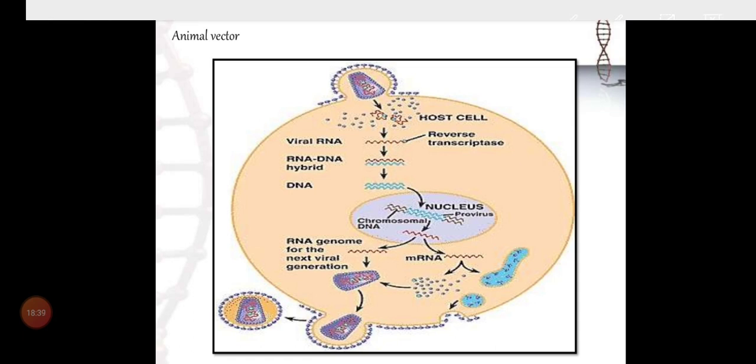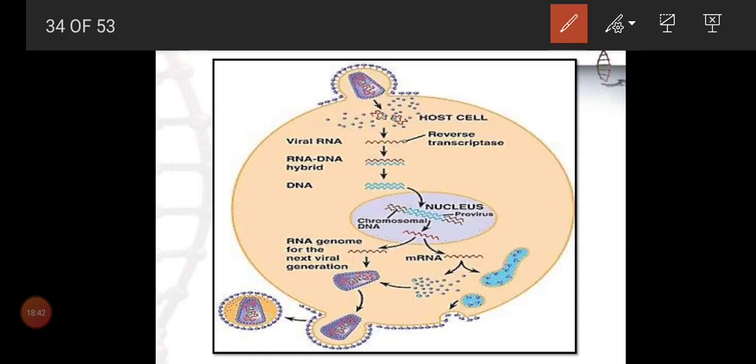Animal vector: the example is a retrovirus. I already told you, a virus will leave its capsid. This is the capsid, the spike protein, like the coronavirus, which we can call the capsid. The capsid stays on the outer layer of the host cell. Like an injection, only the nucleic acid alone gets into the host cell. And here I told you, it is a retrovirus. So a retrovirus is a virus alone.